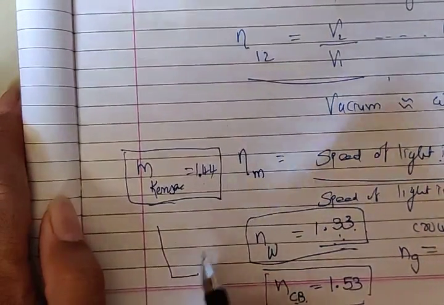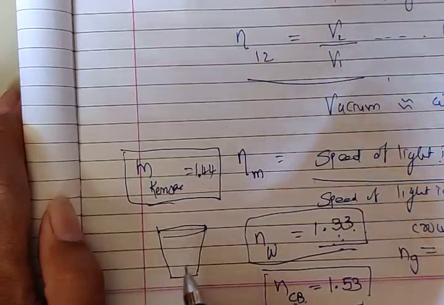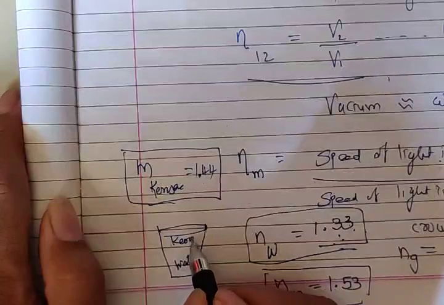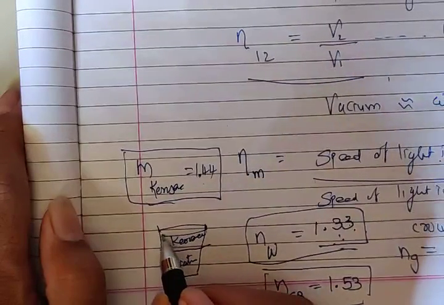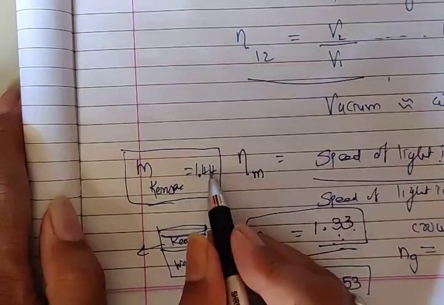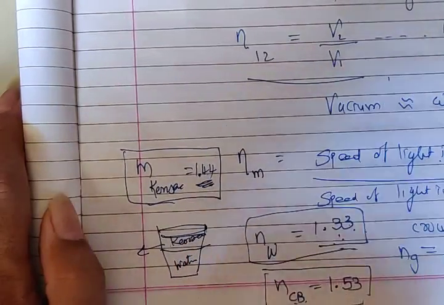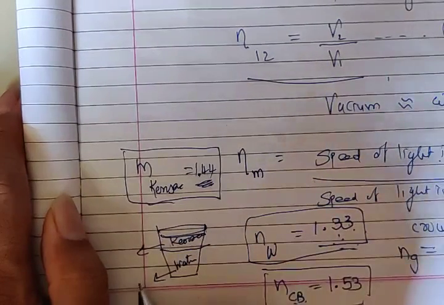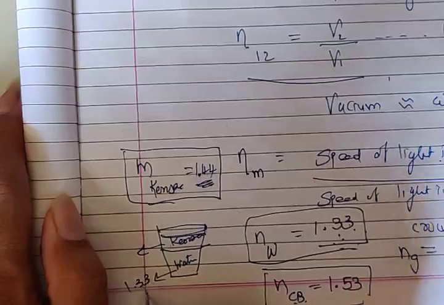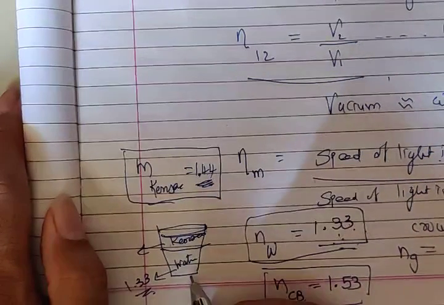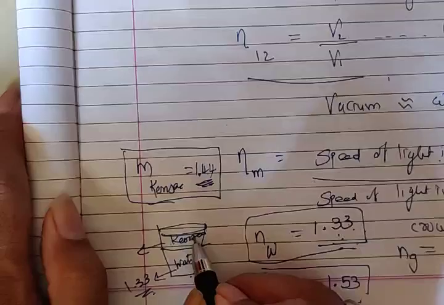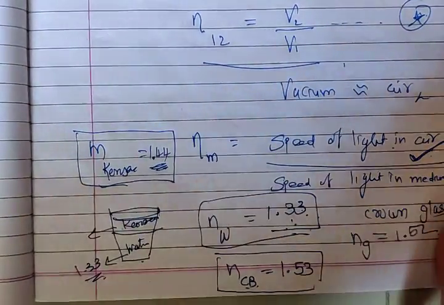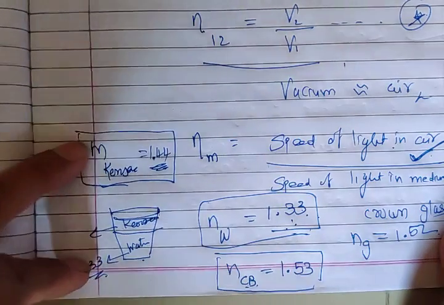व्हाई? बिकॉज इफ यू टेक ए ग्लास and pour water and kerosene, you are able to see kerosene on the upper portion. यहाँ पे देखोगे, even though it is having a refractive index of 1.44, water is having a less refractive index, that is 1.33. Even though it is lesser, its density is higher compared to the kerosene. So we cannot show any relation with the density of that particular thing, that you have to keep in mind. This is a very important part.